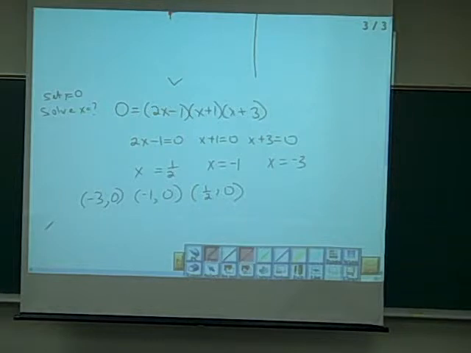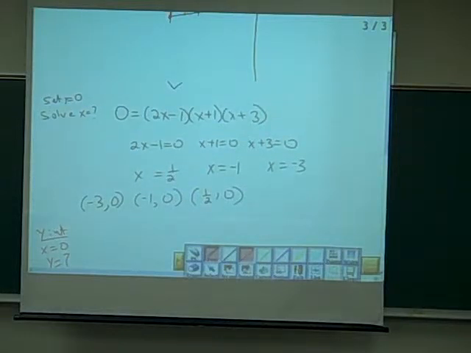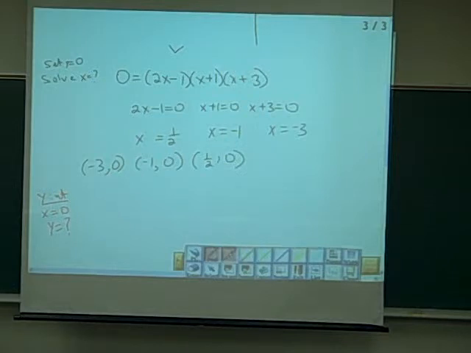Now we want to find our y-intercept. So now we're going to set x equal to 0 and solve for y. So we go back to, we're going to make this P of 0 rather, is equal to 2 times 0 minus 1, and then we have 0 plus 1, so wherever we have x, we put 0, and then 0 plus